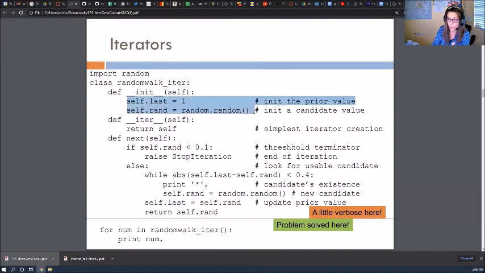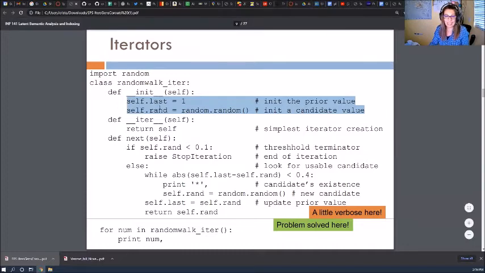So this is how we hold on to state in objects in general. Now it's an iterator object, we hold on to the state of the iteration. It can remember what the last number was and what the current number is. So those are the two instance variables of this iterator, and we can do things with it.